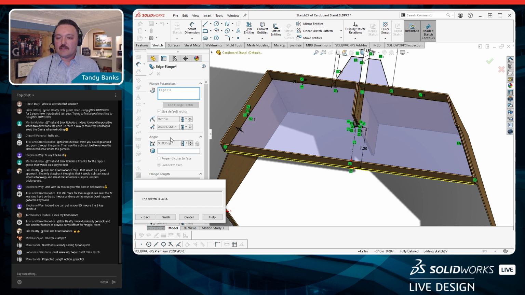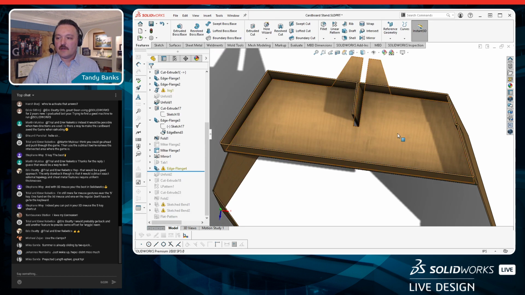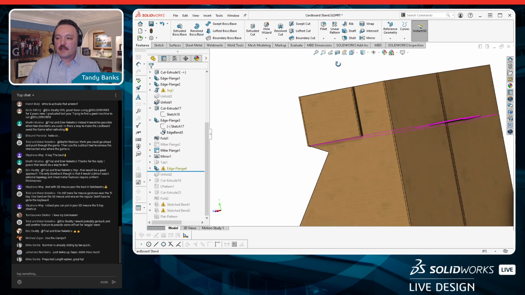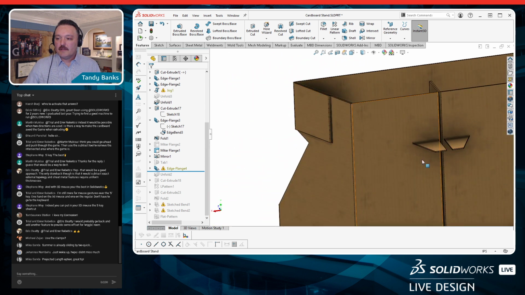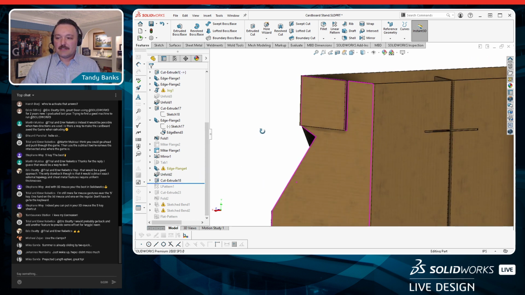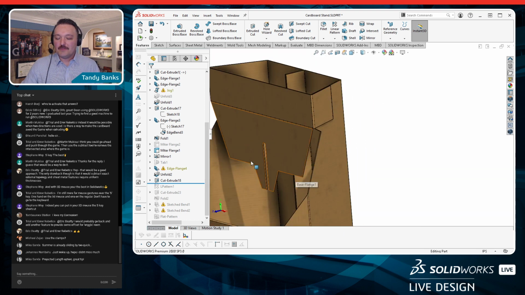And so I used the edit flange profile, sketched those in, and then whenever we get out of that command, you can see that I created yet again another set of intersecting geometry. And so I've got these what I call fangs sticking out the back of the cardboard part. So I used my unfold tool again, because that's one of my favorite things when I'm doing projects like this,